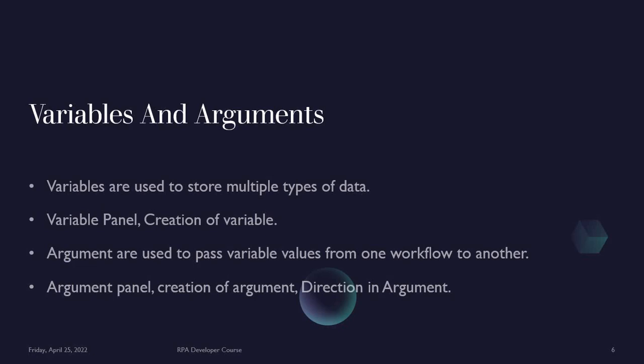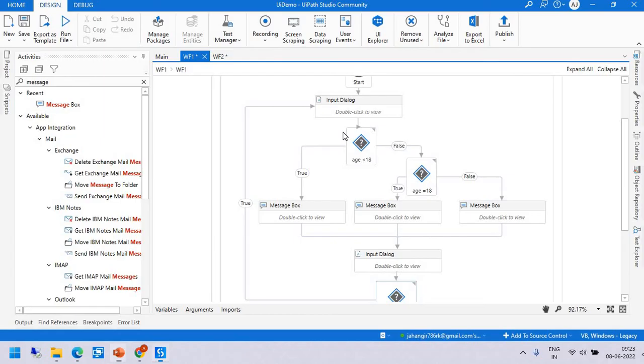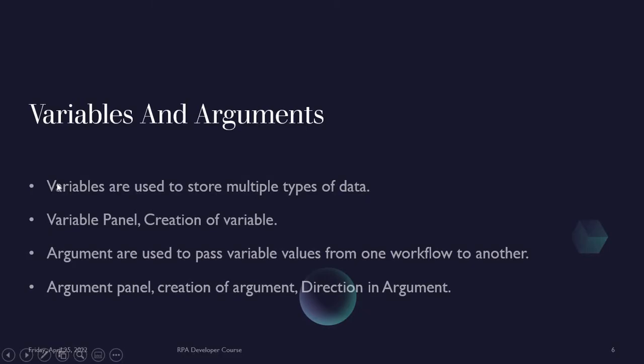Don't worry about the code which I have written now. That code is just for your visualization: how flowchart will look, how state machine will look, how sequence will look. The same topics are going to come again, like how to do an if condition, how to create a variable. We wrote something called age, right? Age is less than 18, age is greater than 18. That we are going to do in variables: how to use a variable, how to create a variable,